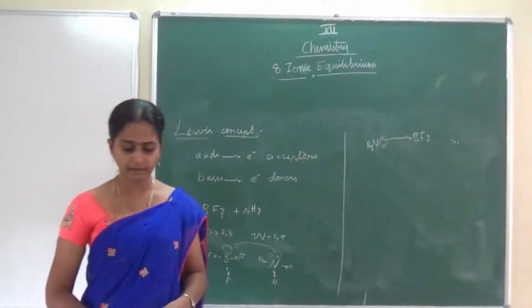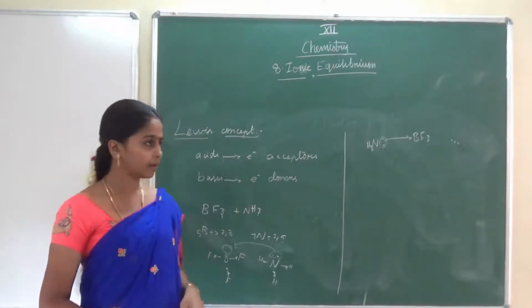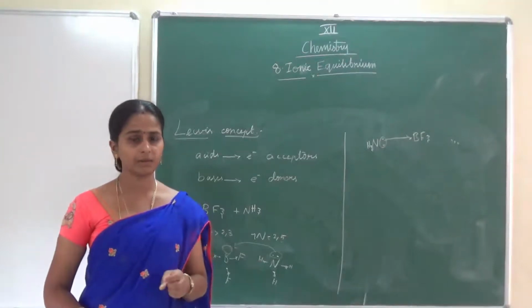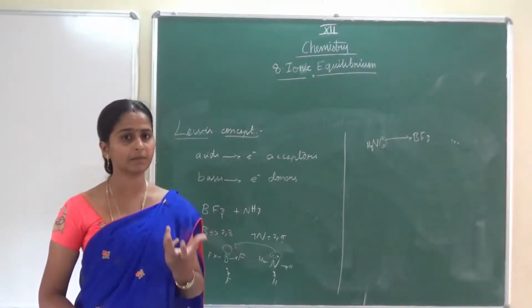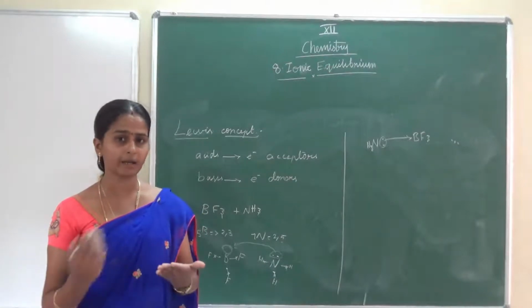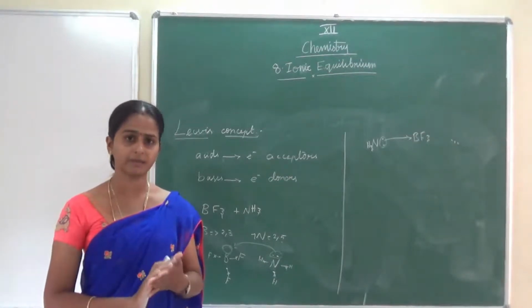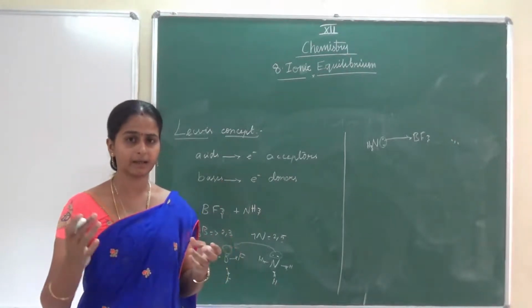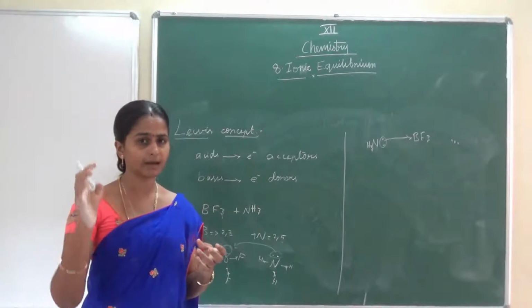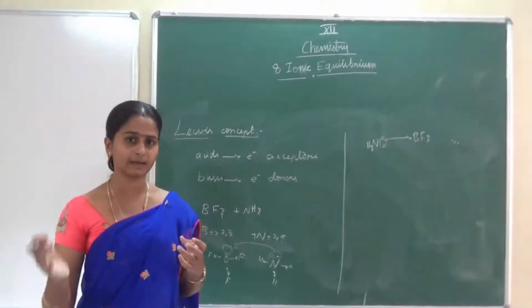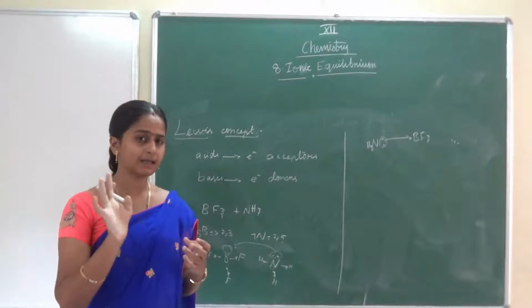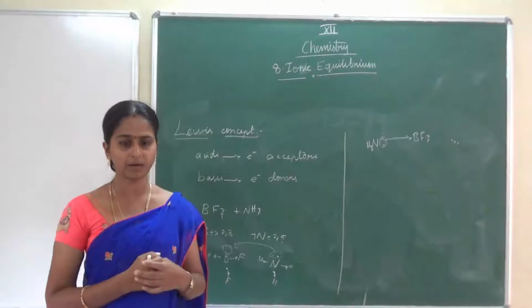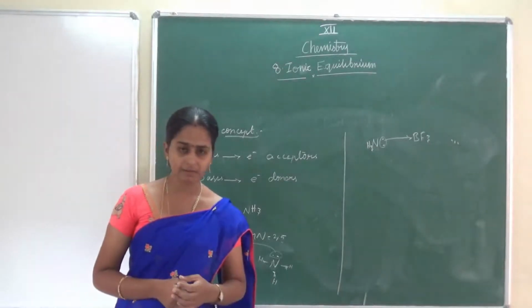So like that they have given some examples also. Then carbonium ion and carbanion. That word may be new to you. Carbonium means carbon with positive charge. Carbanion means carbon with negative charge. So the positive charge one is a Lewis acid. Carbanion, with negative charge, is a Lewis base, because it can donate electrons. Negative charge means it has an extra electron, so easily it can donate and form a bond. That's all, children, the Lewis acid base concept.